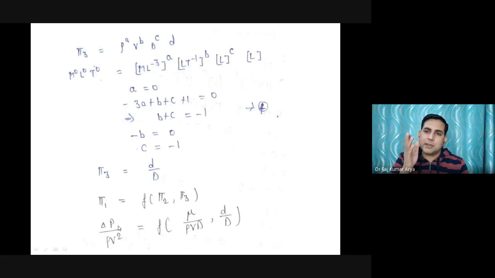So if you are doing your calculation from model to prototype, just put delta p upon rho b square for model should be equal to delta p upon rho b square for prototype. Same thing needs to be done for the Reynolds number, that mu upon rho bd for model should be equal to mu upon rho bd of prototype. And same thing for d upon d of model should be equal to d upon d of prototype. And this will give you the scale up of your model actually.